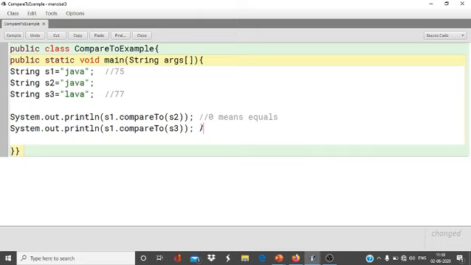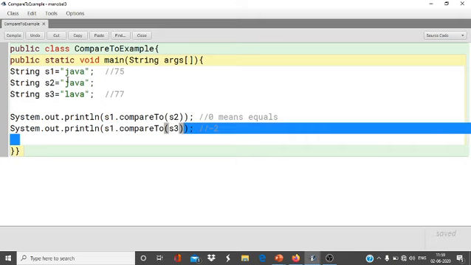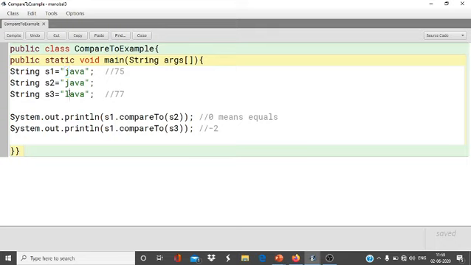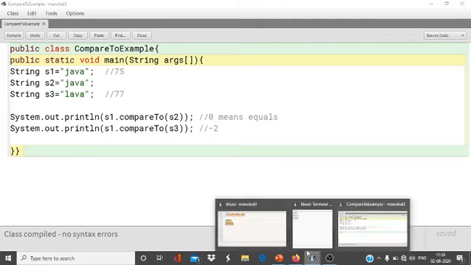What will it return? It will return minus 2. Means not equal, but S1 is lesser than S3. Why lesser than S3? Because here it is J and here it is L, and we know that L is greater than J. First you see the output, then after I am going to explain it again.